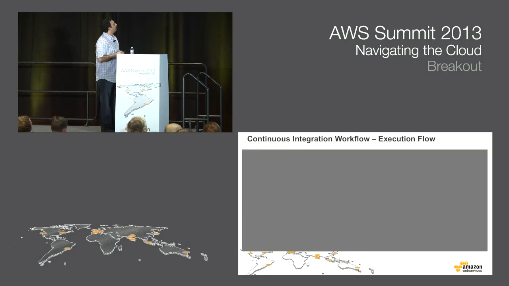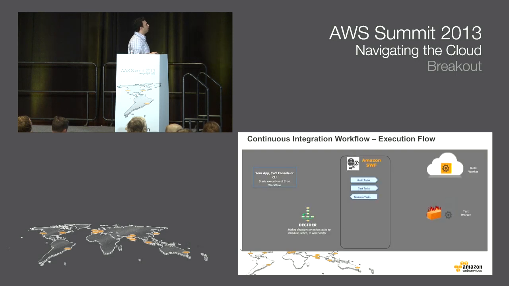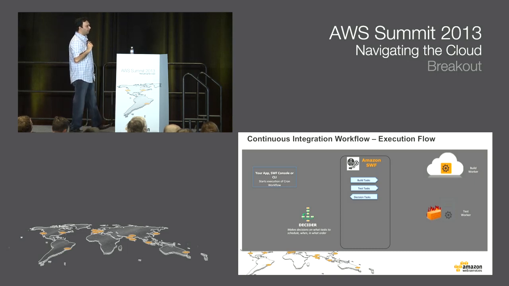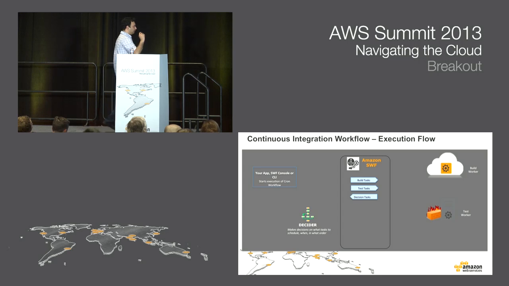OK, so once we have built this workflow, let's see how it runs in simple workflow. So let's start with the different actors that we have. We have our decider worker, we have our build worker, and then we have our test worker. And let's just say that our test worker is running behind a firewall. Then I have the 3 task lists. I have the build task list, I have the test task list, and I have a task list for my decision tasks. So when I bring online these workers, they're going to start long polling simple workflow